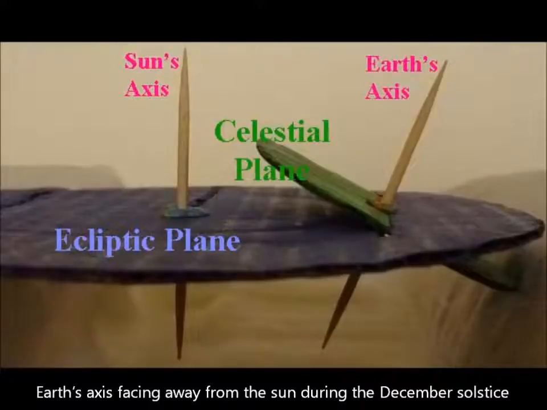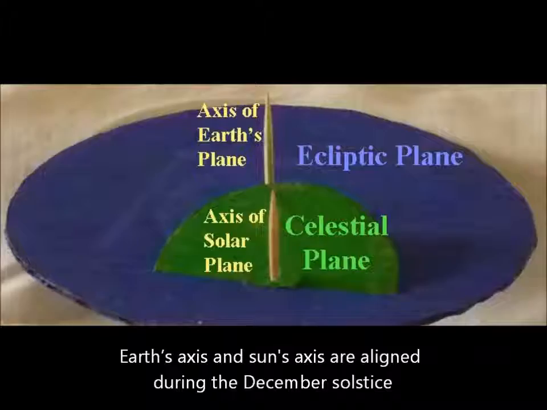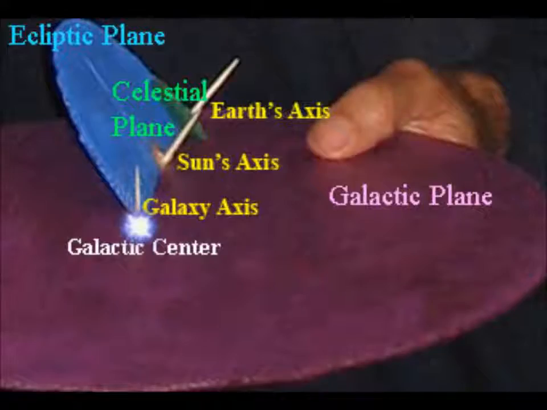During the December solstice, the North Pole faces away from the Sun, yet the Earth's axis is aligned with the Sun's axis and parallel to it when viewed in the direction of the galactic nucleus. We learned that the Sun is on the cusp of Sagittarius and Scorpio during the December solstice, and that this cusp is where the galactic center is. So in our era, the Earth and Sun's axes point to the galactic center on the solstice day